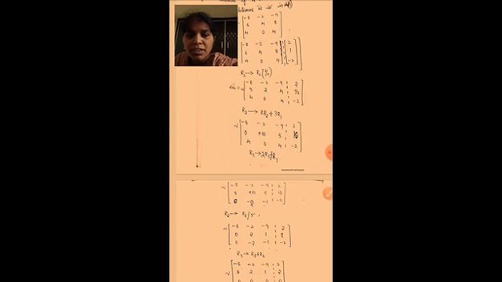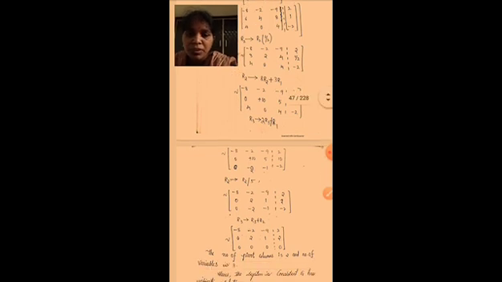So here, in R3 do 2R3 plus R1. So what happens here is: minus 8, minus 2, minus 9, 2, the first row is the same, and the second row is 0, 10, 5, 10. So here R3 goes to 2R3 plus R1: 8 minus 8 is 0, and minus 2, minus 1, minus 2.